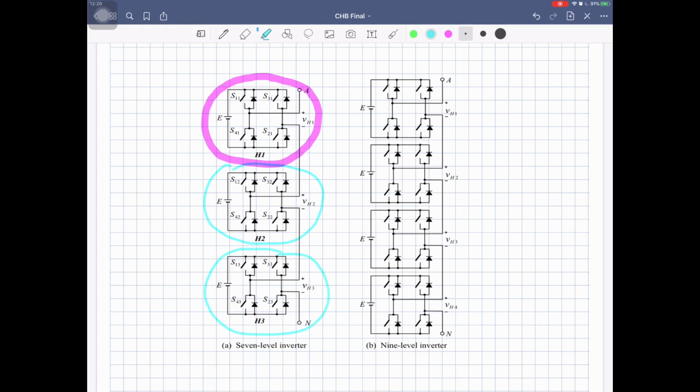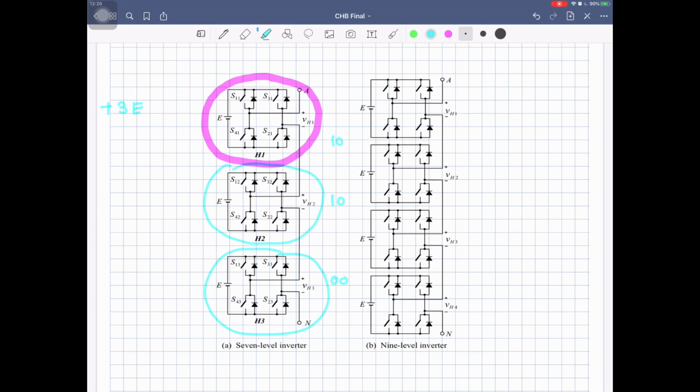So what maximum can you get? You can get E from the first inverter, E from the second inverter, E from the third inverter. So you will get 3E maximum. To get 2E, what will you have to do? Any two of them can be set with the 1 0 combination. Let's suppose this is 1 0, this is 1 0, and this is 0 0. What will you get at the output? You will get 2E. So there are a number of ways in which you can get 2E at the output.